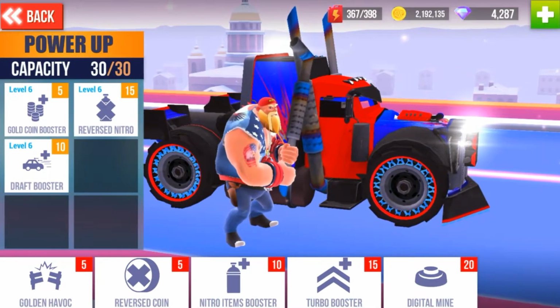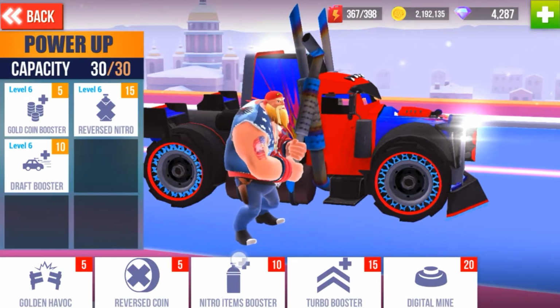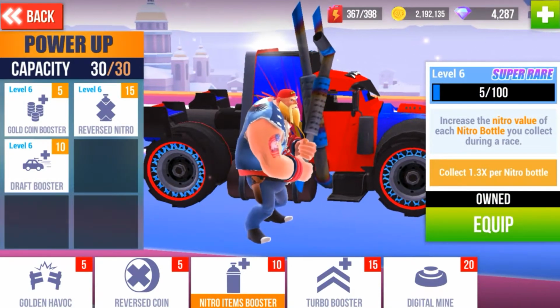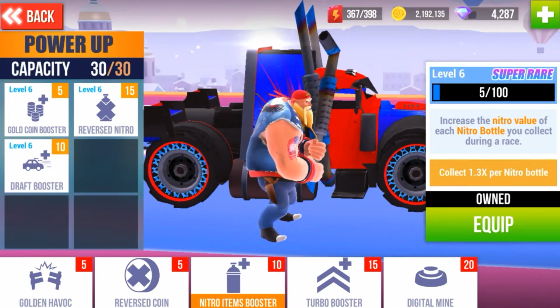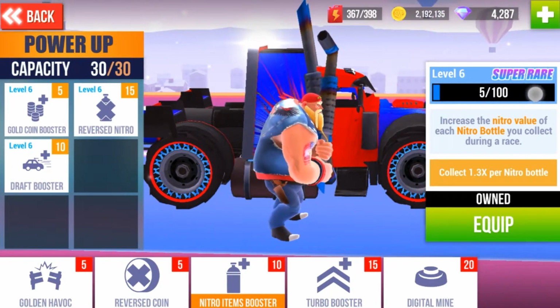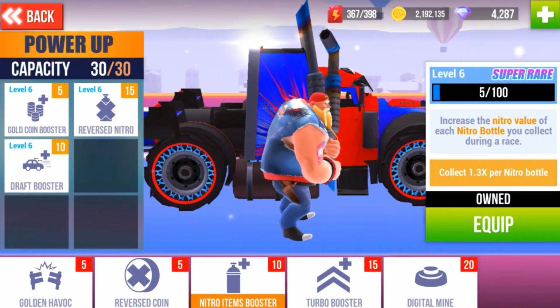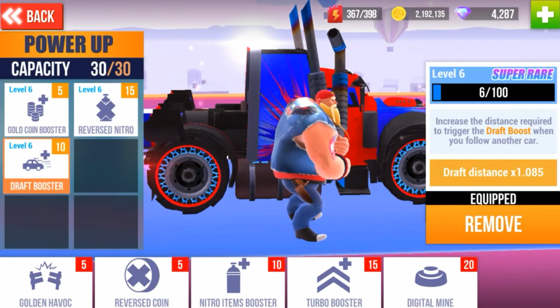Sometimes I was running the draft booster versus the nitro booster. The nitro booster increases the nitro value of each nitro bottle you collect during the race. And since right now I think these also level up as you get the cards, right now I'm getting 1.3. But to me, in most cases, my draft boosters seem to be helping me out